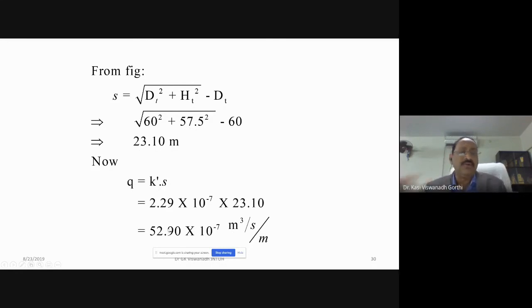Okay, so we have now discussed a very important topic, how to control the seepage in an earth dam, followed by 2 problems that have been worked out. This finishes the earth dams as per the syllabus given.